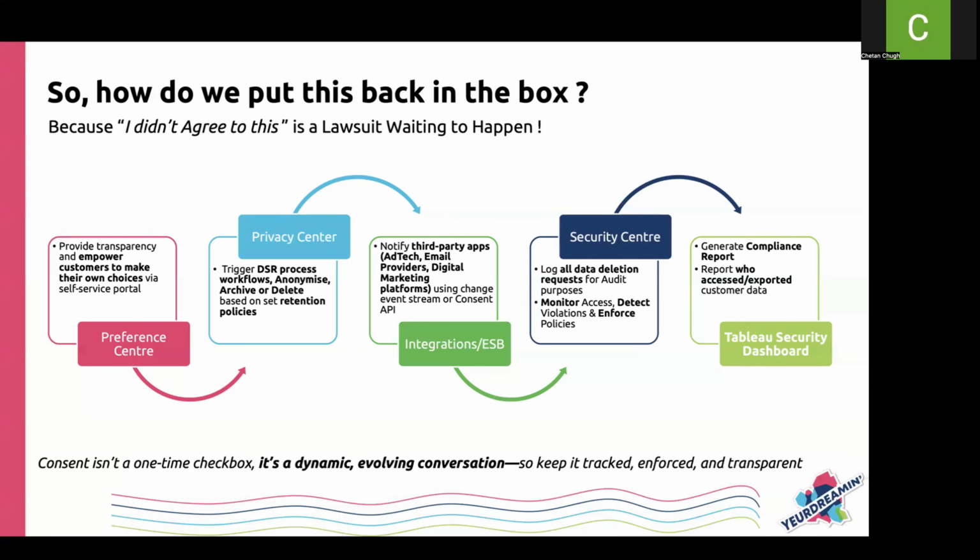You also have Privacy Center, which is a very powerful tool which can help you set up the data retention policies, and you can set up your own DSR process workflows there, and it can also enforce or kick off policies to anonymize or delete, and so on, within your core platforms. However, you also need to have some integration capabilities, and this is where Salesforce has the Consent API, which you can use to see what consents you have within the core clouds for a given customer.